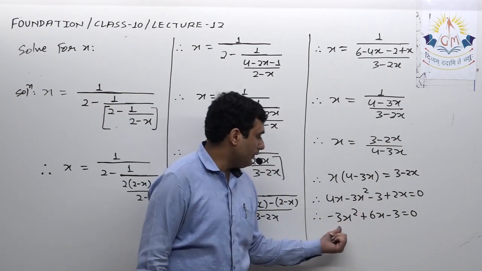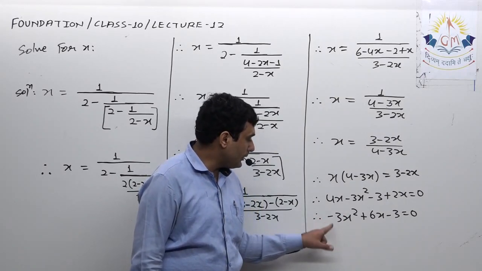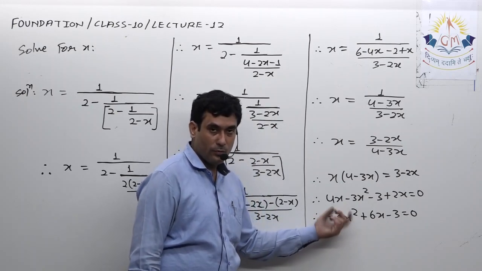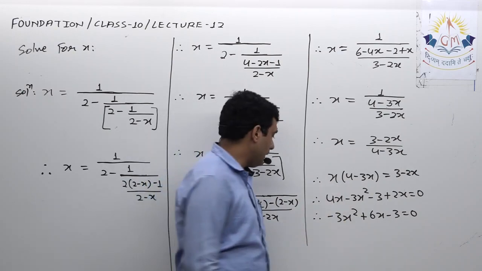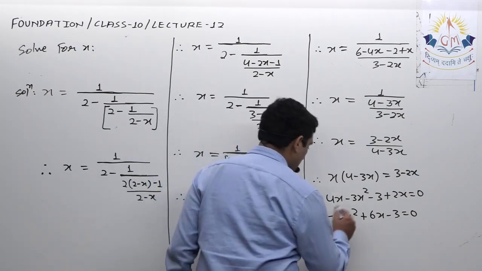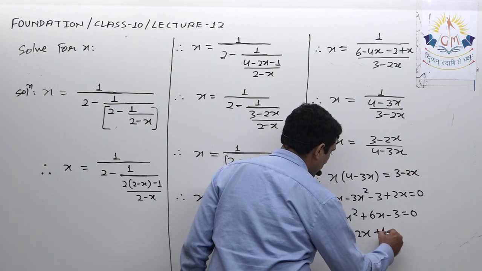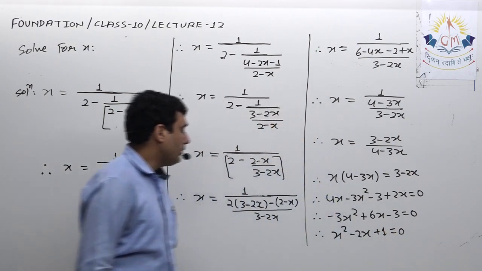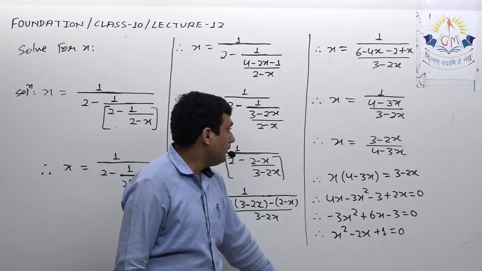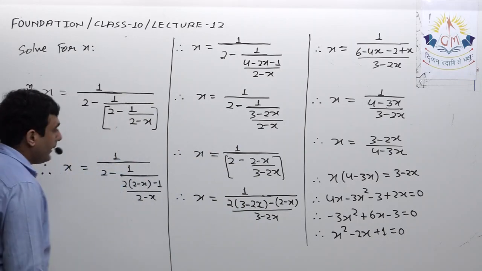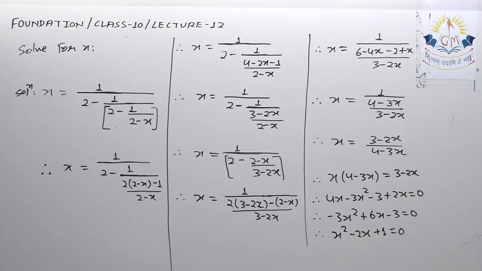Now two things can be done. First thing, that x square is negative, so we'll make it positive by multiplying by minus 1. Another thing, 3 is common throughout the equation, so we can take that common as well, or we can say dividing the whole equation by minus 3. If I divide the whole equation by 3, this will become x square, this will become minus 2x, this will become plus 1 is equal to 0. So this is actually x minus 1 whole square, so the value of x will be 1 and 1. But note it down up to this point, then I will give you the remaining portion. 3 or 4 more lines there, so note it down up to this point.